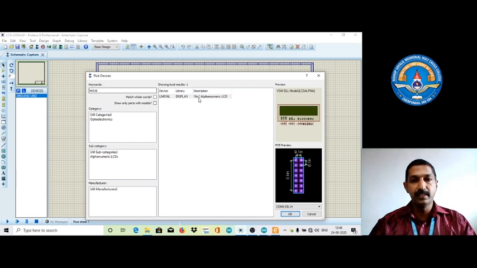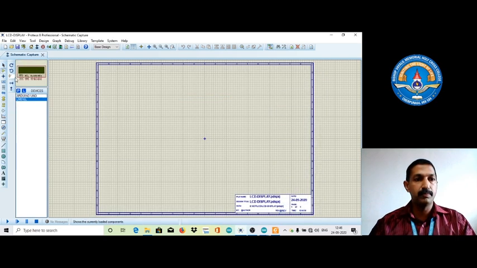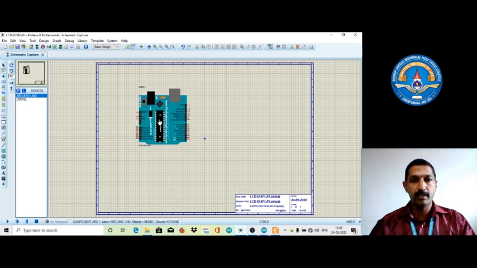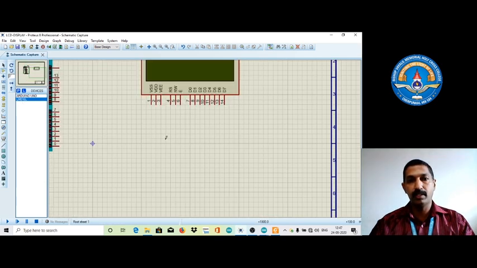We can see that it's a 16 by 2 alphanumeric LCD. Just add this one also. Then how can we place it? First of all, we place the Arduino board. I'm clicking on this one and it's added here, and the LM016 is here. Just add this one here. So this is our LCD display.